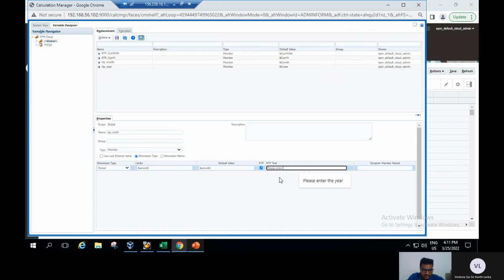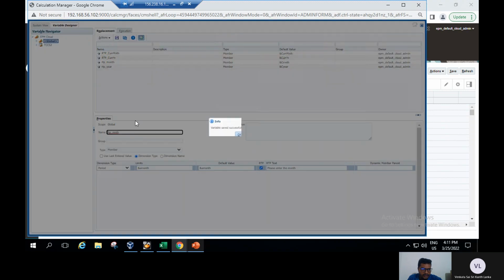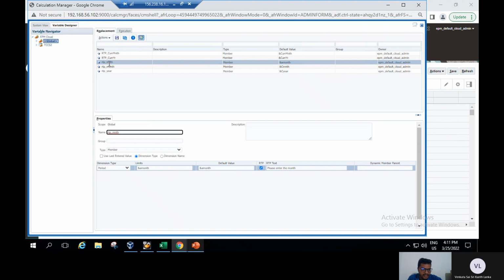Please enter the month. After that, we will click on save. Then the RTP variable, this RTP month, has been created successfully. Then again, I am creating the RTP year. I am giving RTP year as the name